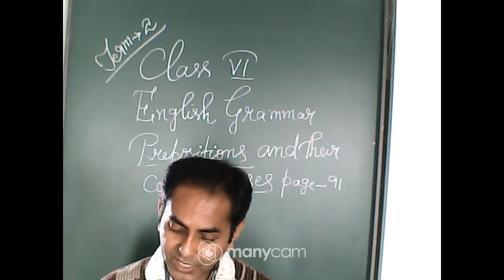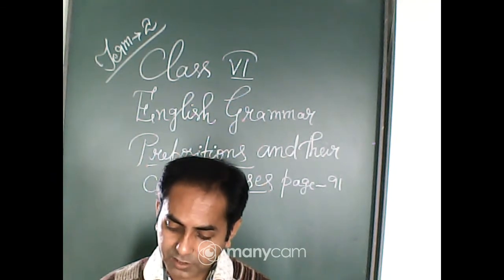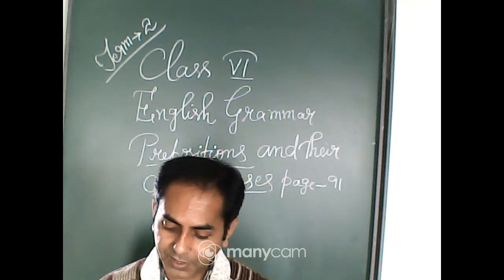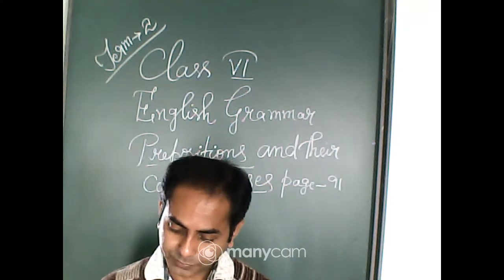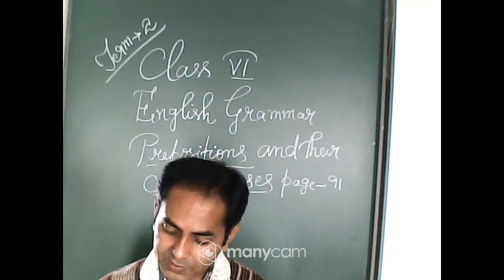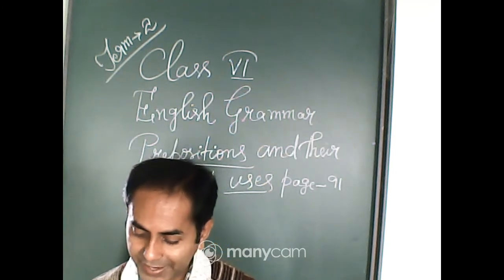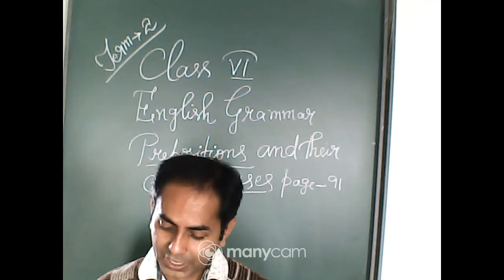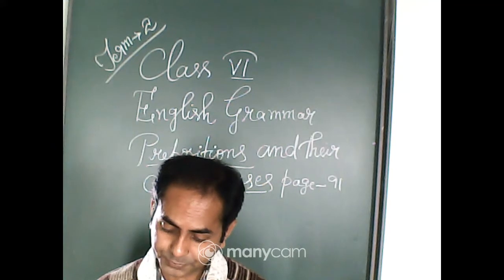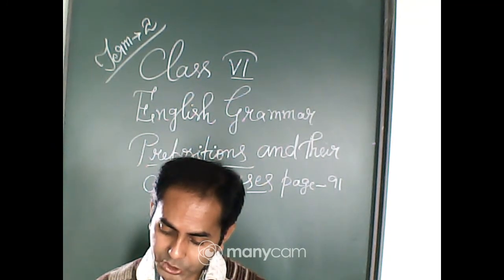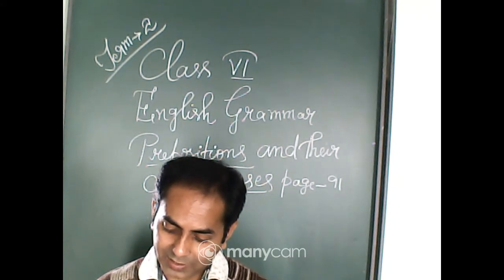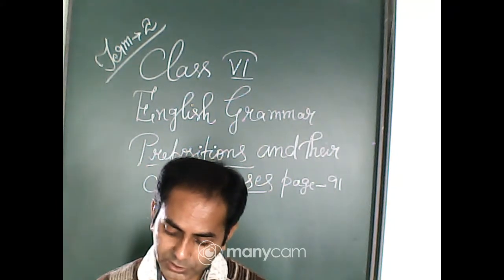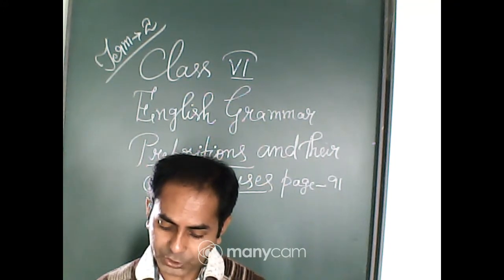You underline this one. Until indicates a time limit but also implies continuation of an action. "Rita slept for 2 hours." Here for indicates the length of an action, or how long an action lasts. "I went on an adventure trip during the vacation." Here during indicates a known period of time. "I was alert during the match." Here during indicates the duration of an action.